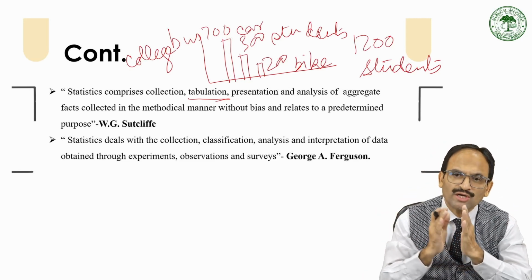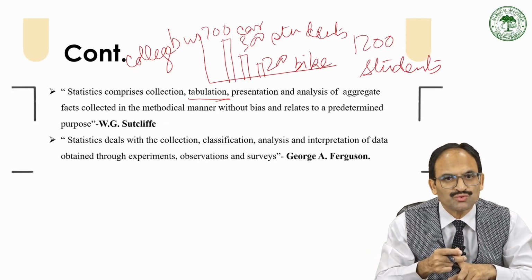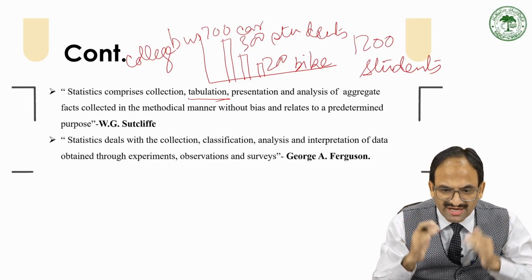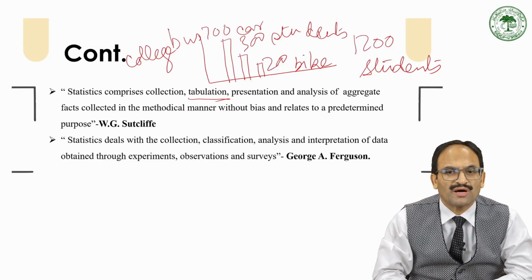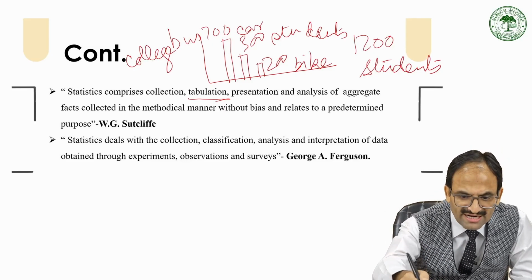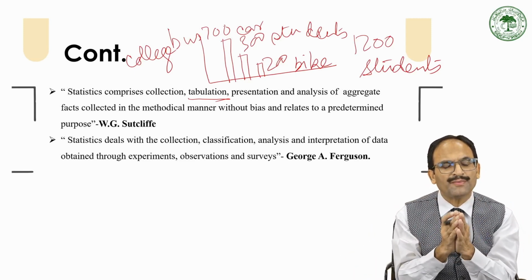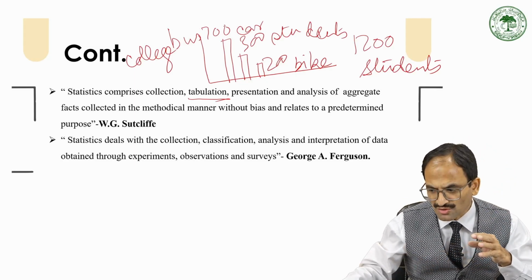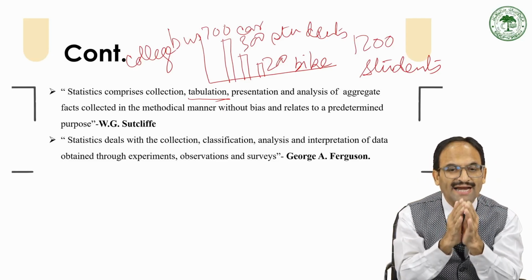So, there were a total of 1200 students. Out of 1200 students, 700 students use the bus that is provided by that college, that is public transport. 300 students prefer to come to the college by their own cars, whereas 200 students prefer to come on bike. So, I have got this data and I have tabulated and presented this data in such a form which might be easy for anyone to understand. So, certain kind of classification of data is there and then its presentation.